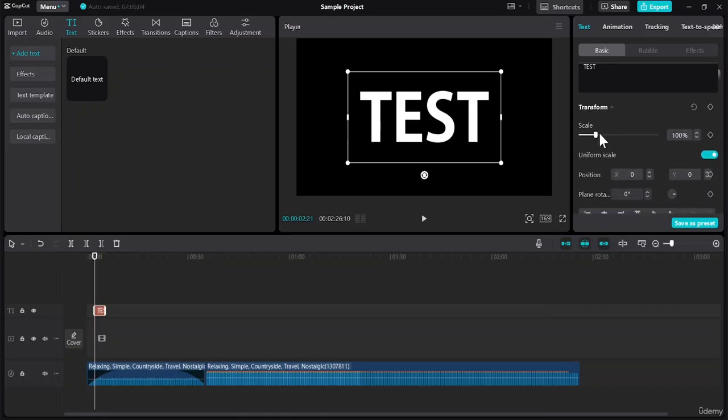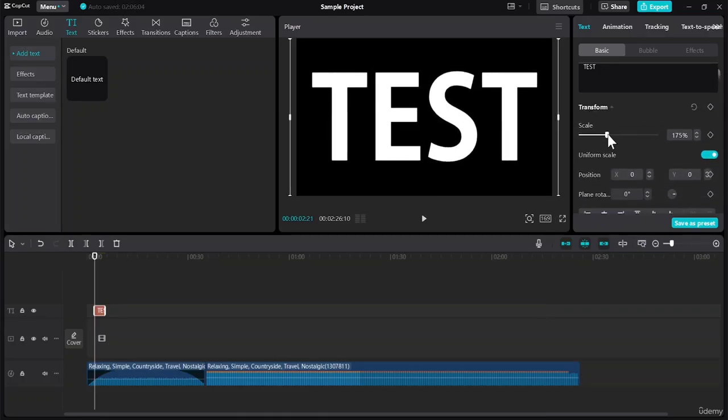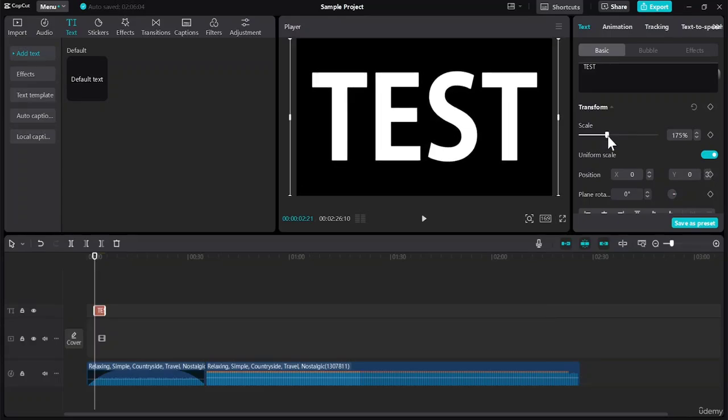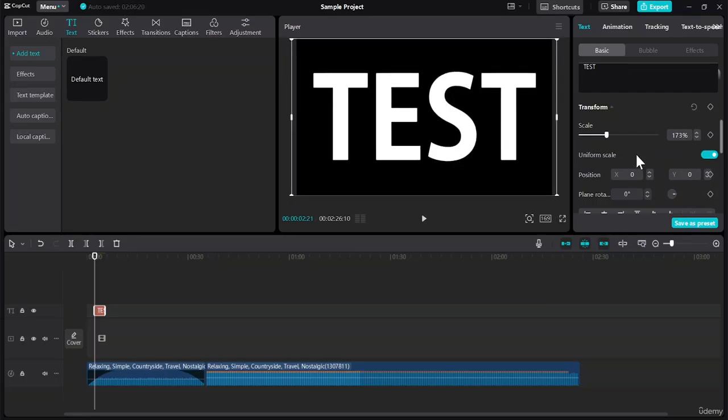Let's head down. So this is the scale of the text. Let's increase that a little bit. So this is our text. Let's decrease that a little bit. Here we go. And now uniform scale. So if I turn this off, you can